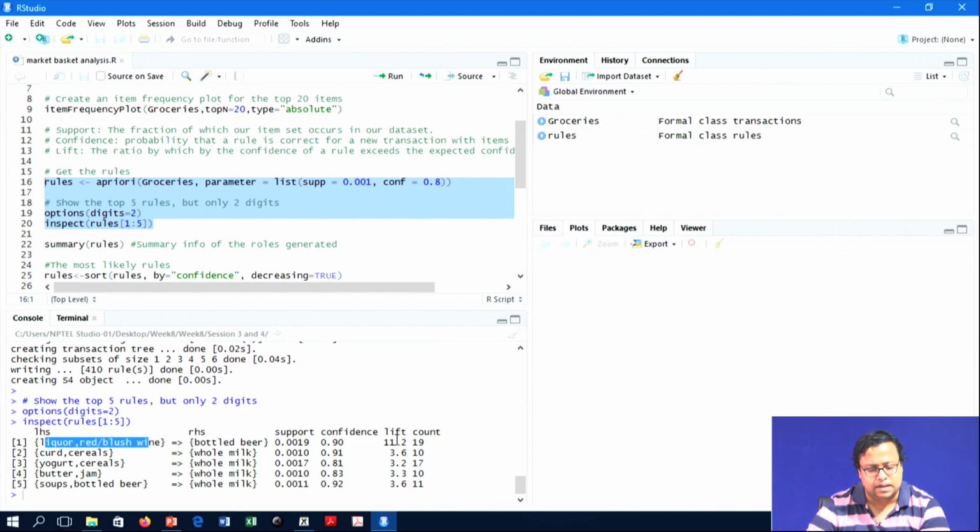If I know that the lift is very high, confidence is very high, support is not bad, what will I do with this rule? Liquor and red wine, and along with that bottled beer is also being sold, then I have to put them together, or I have to create a bundle, or I can put them at different ends so that people can purchase. These kinds of decisions you have to take as a marketing manager. This part is only data science to create hypotheses. That hypothesis can be tested, and once it is tested true, it can be used to create marketing insights.